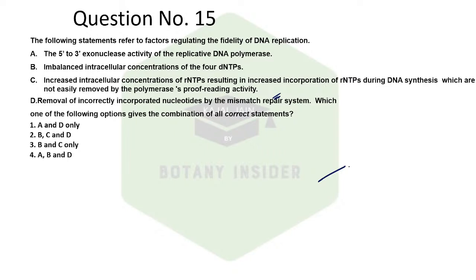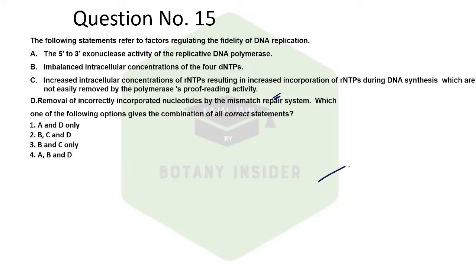Okay, everyone, give it a try. The first option is about the factors that regulate the fidelity of DNA replication. What do you mean by fidelity? Fidelity means accuracy, right? The most correct way in which the polymerase works to add the new nucleotides. So first, 5' to 3' exonuclease activity of the replicative DNA polymerase, then imbalanced intracellular concentration,